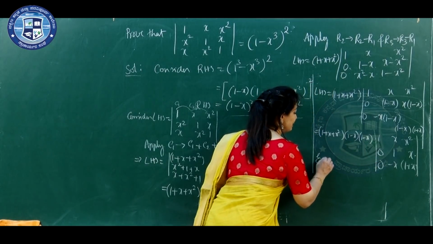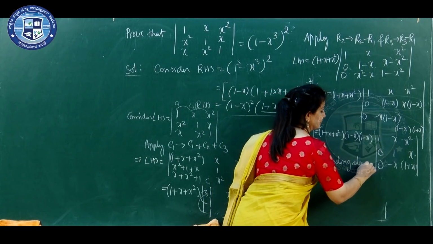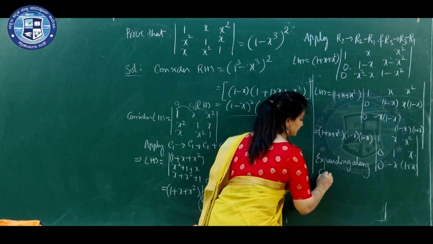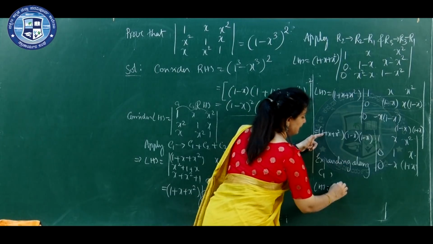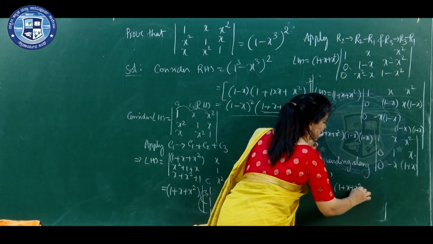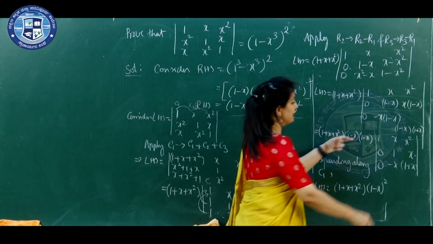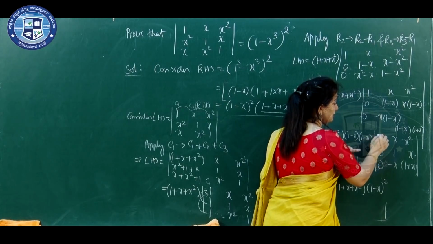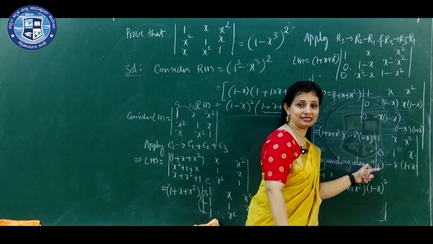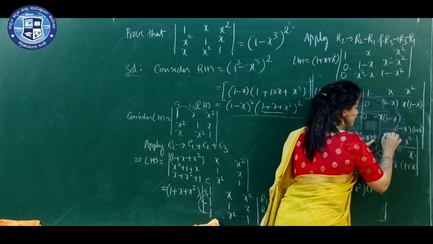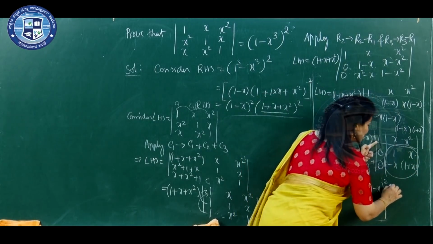So expanding along first column, expanding along C1, first column C1. What do we get? LHS equals here 1 plus x square and 1 minus x into 1 minus x, that is 1 minus x the whole square. Now expand it taking the first column elements plus minus plus, here only 1, other 2 elements are 0. So leaving the first row and first column, these 4 elements are there, cross multiply. So it is 1 into,